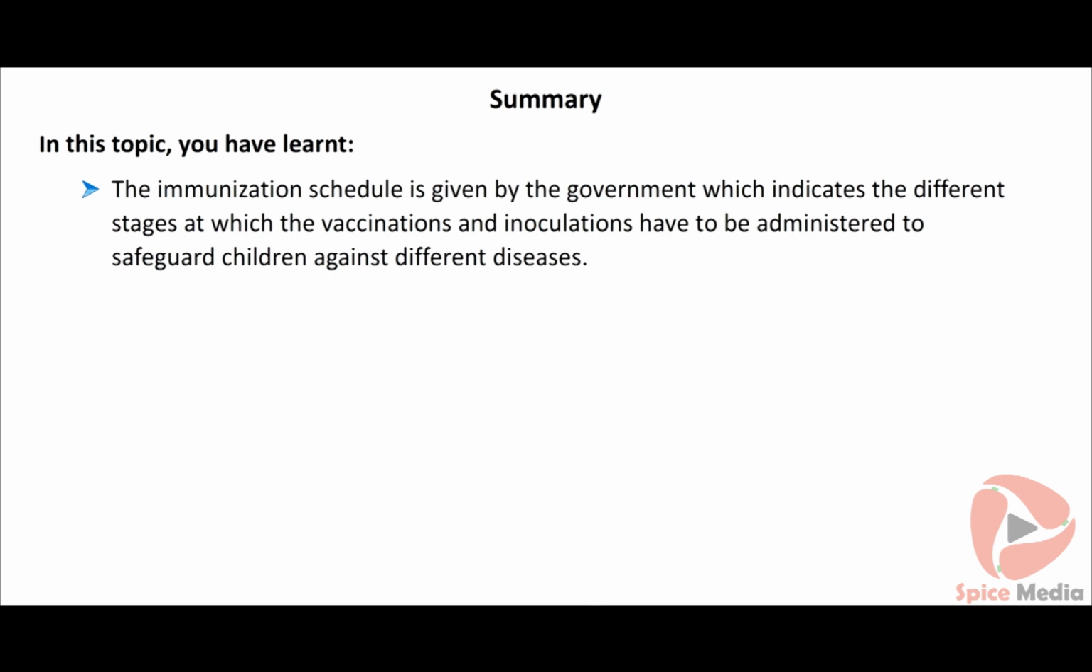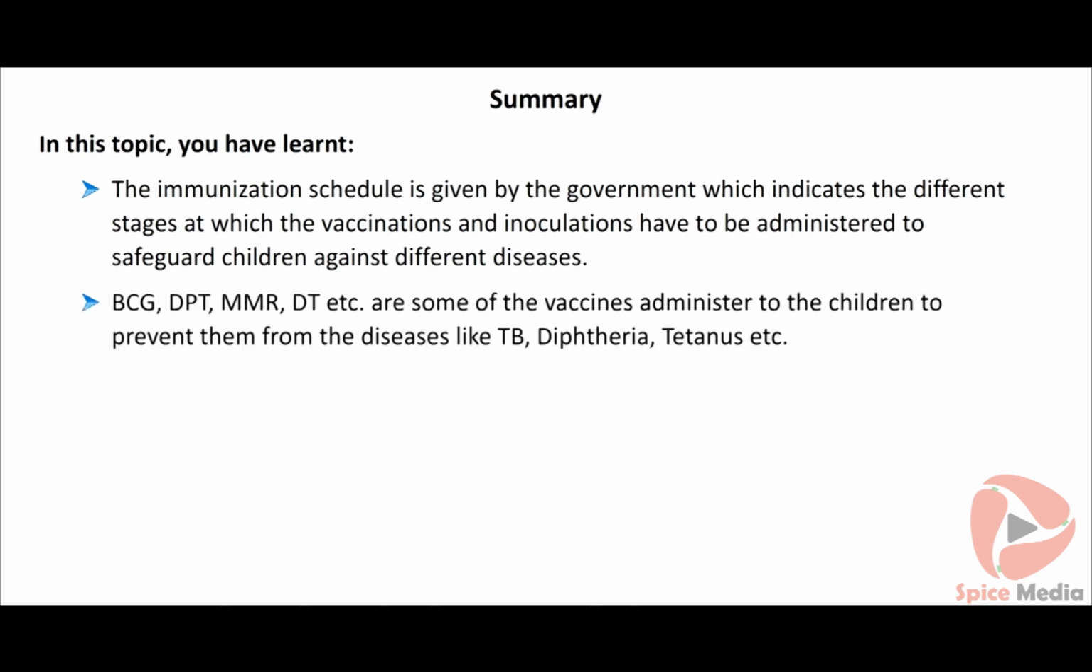The immunization schedule is a chart which indicates the different stages at which the vaccinations and inoculations have to be administered to safeguard children against different diseases. The table indicates the names of vaccines, their doses,